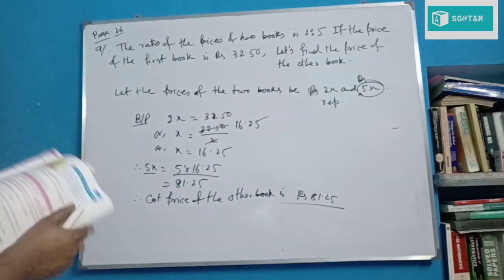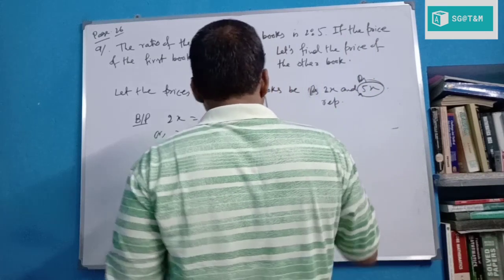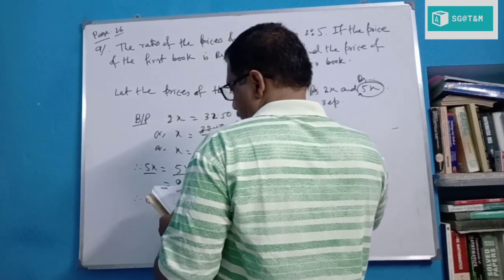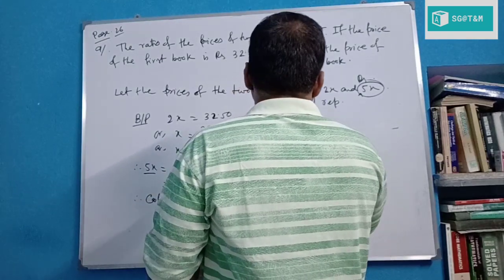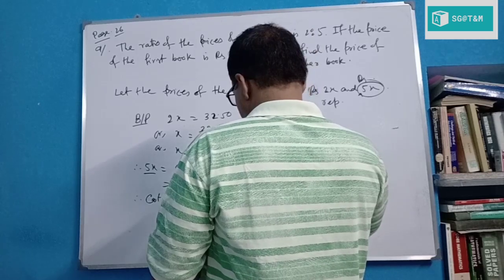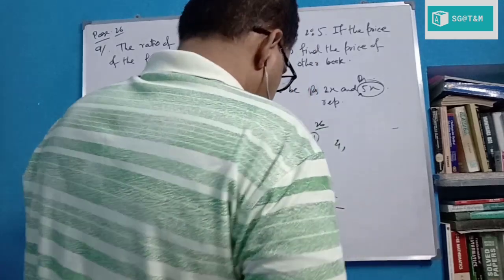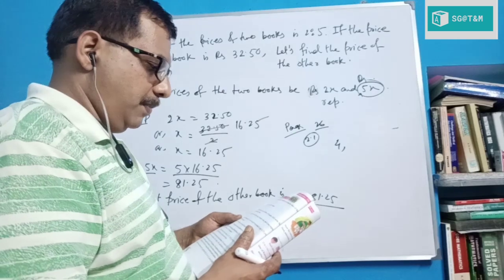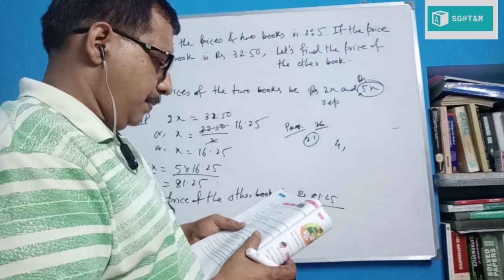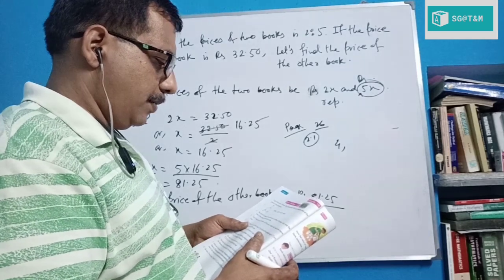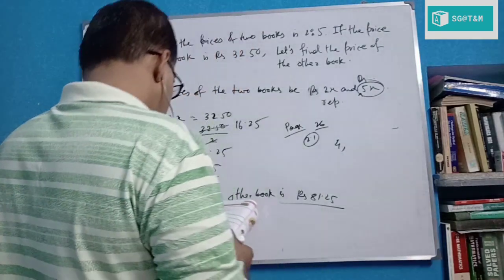Now, these are your classwork. Your classwork, same page number 26, question number 4. Question number A, worked out example 2.1 obviously. Question number 4, let's find the ratio of the values of 50 paisa coin, 1 rupee coin and 2 rupee coin. I repeat once again. Let's find the ratio of the values of 50 paisa coin, 1 rupee coin and 2 rupee coin. And 5.